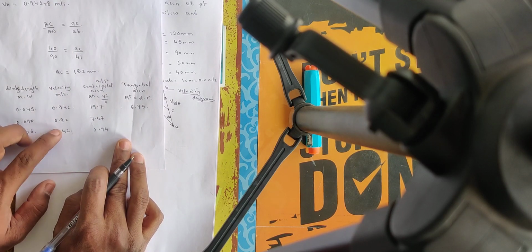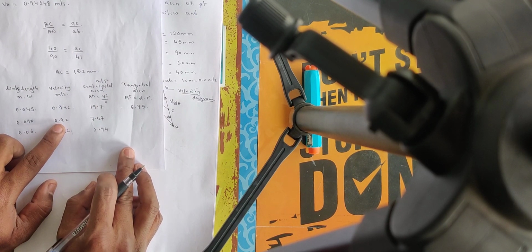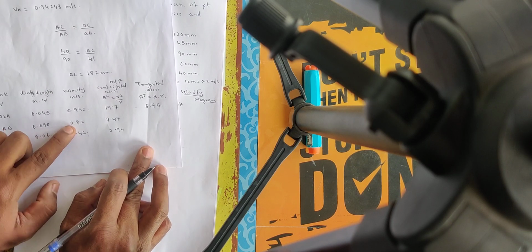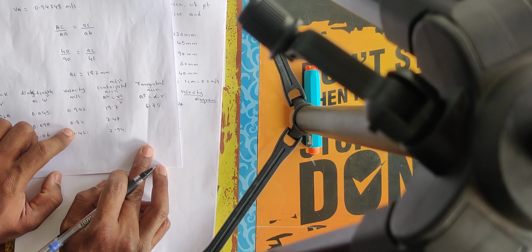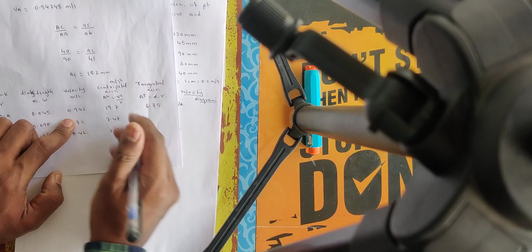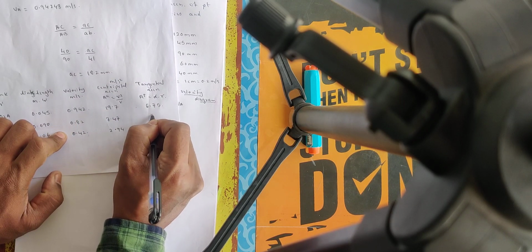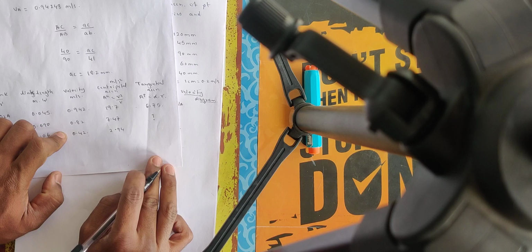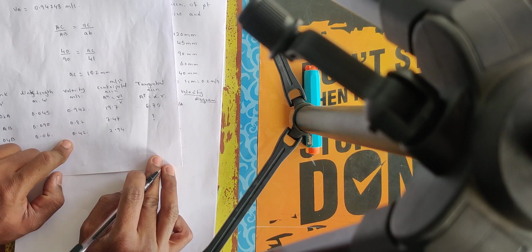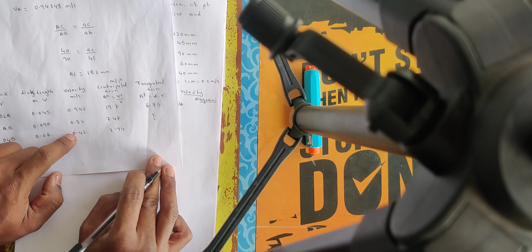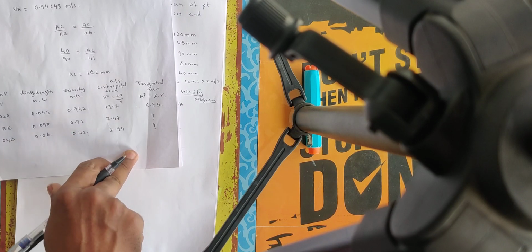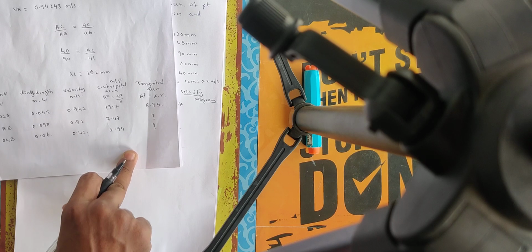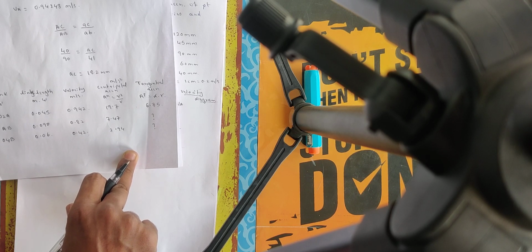Okay, so next we have to check is there any possibility of tangential acceleration here. So of course if you see the velocity here, there is a difference in velocity. So if I take this as an initial velocity and this as a final velocity, there is a change in velocity. So tangential acceleration is possible, but I don't know the magnitude and direction, so I'll keep it as a question mark. Okay, so next if you see the O4B link, it is 0.42, AB is 0.82, so there is a change in velocity. So in that case this will also have a magnitude and direction, but I don't know what they will be.